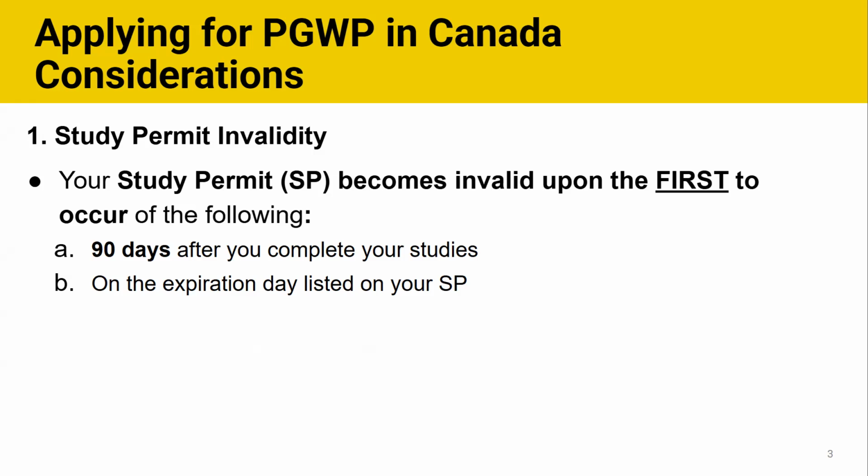First of all, keep in mind your study permit invalidity. Your study permit becomes invalid upon the first to occur of the following: 90 days after you complete your studies, or the expiration date listed on your study permit. So keep in mind,